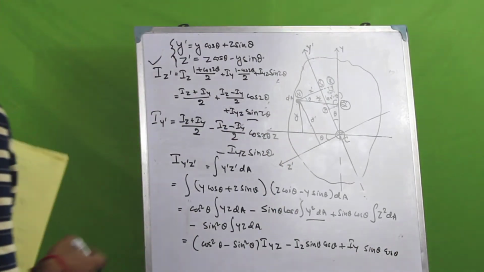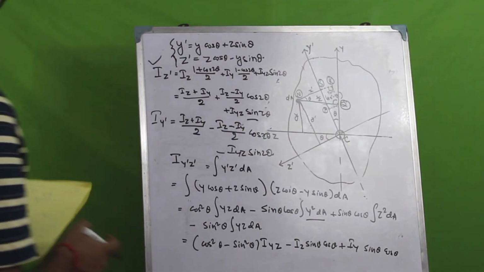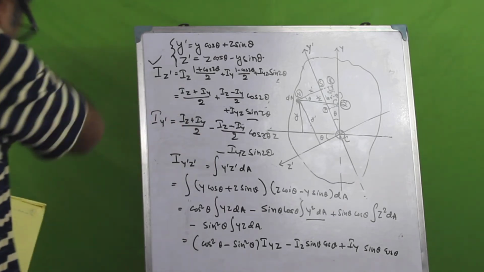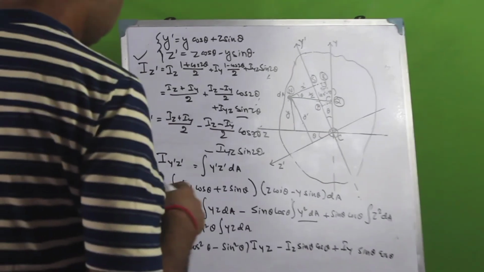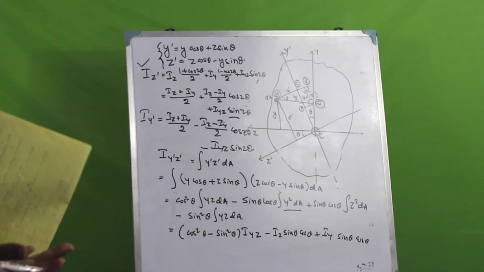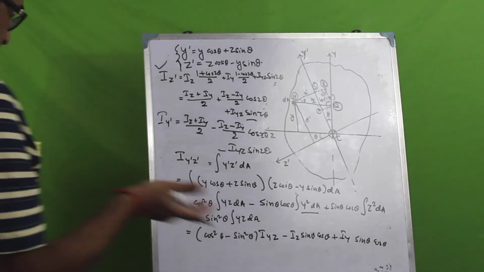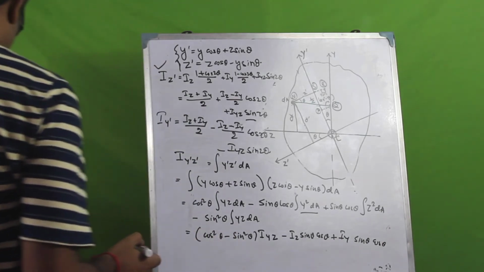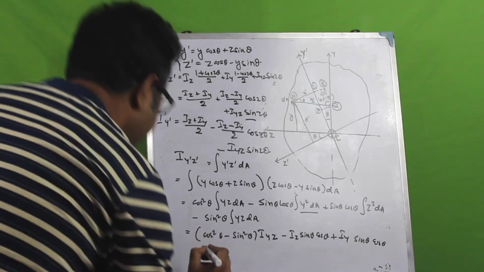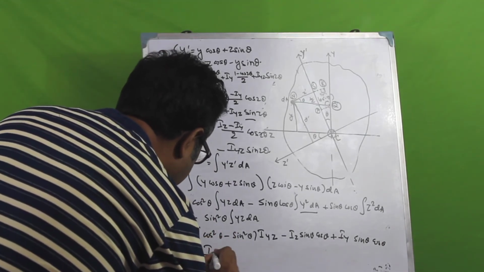Now cos square theta minus sin square theta can be expressed as cos 2 theta, right? Because cos 2 theta means cos of theta plus theta, which would mean cos theta cos theta minus sin theta sin theta, so that will come as cos square theta minus sin square theta. So that would mean that this one would be Iyz